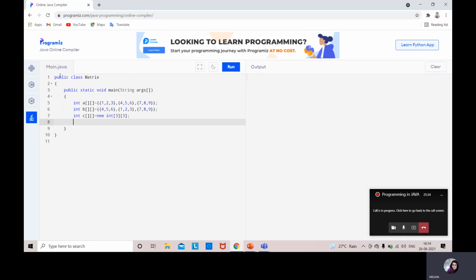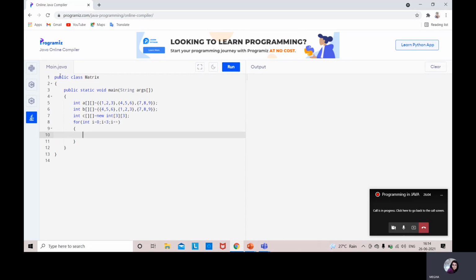Now for int i equal to 0, i less than 3 because the maximum size is given as 3, i plus plus incrementing.